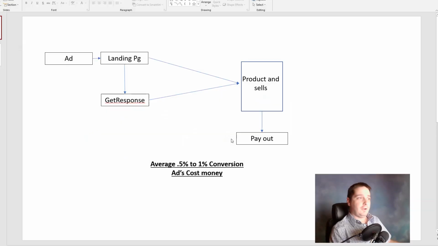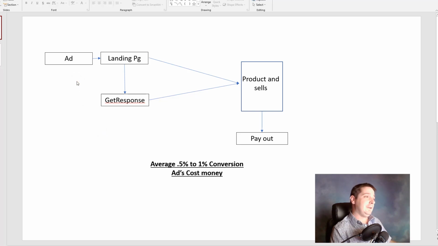Okay, so here on our desktop, you see that this is an affiliate program that is pretty standard that you'll see out there. As you can see, it's pretty bare bones. It doesn't have a whole lot to it. It is still just as complicated to set up as the other version I'm going to show you. The other version is much more interesting, but this one you have to generate an ad, which will cost you money. Every single time somebody clicks on the ad, it will cost you money on Facebook or on YouTube or on